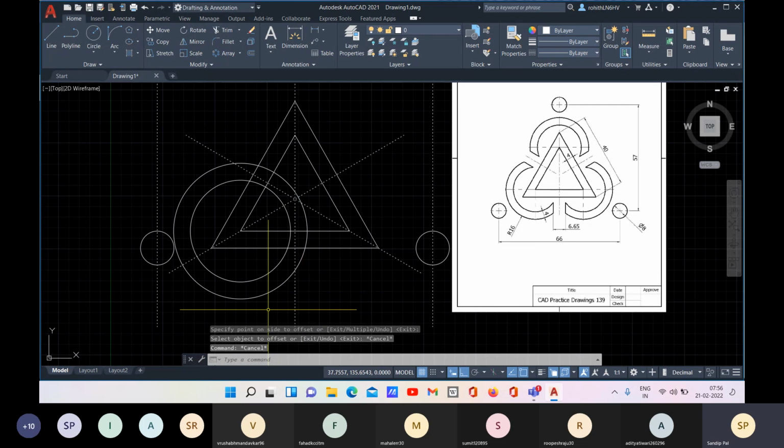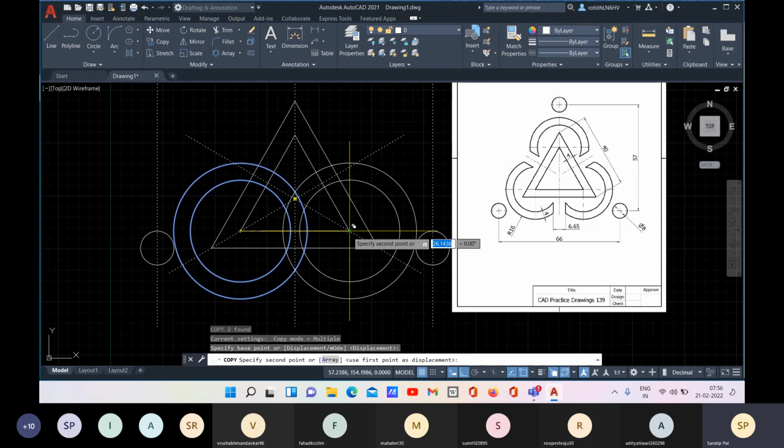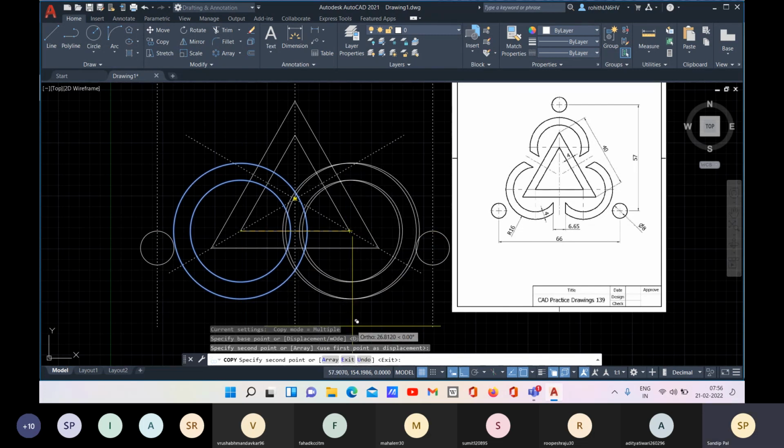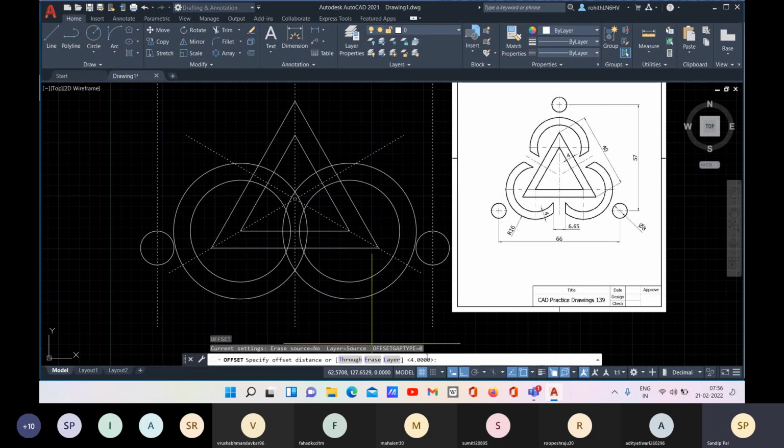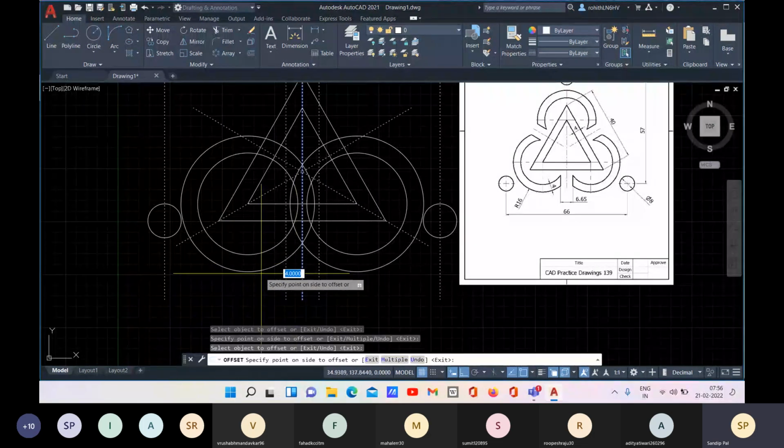Okay, and you can do the same thing. So I'll copy it, CO, enter, and this is this center, and place it over there. Okay, now go for offset. O, enter offset. 4 will be the value, 4, enter, and select this and select the center line and click to the left side and right side.